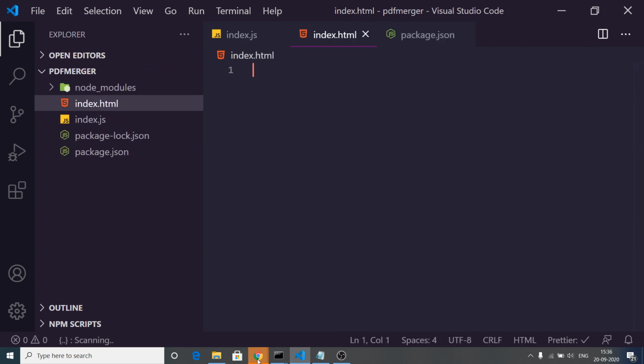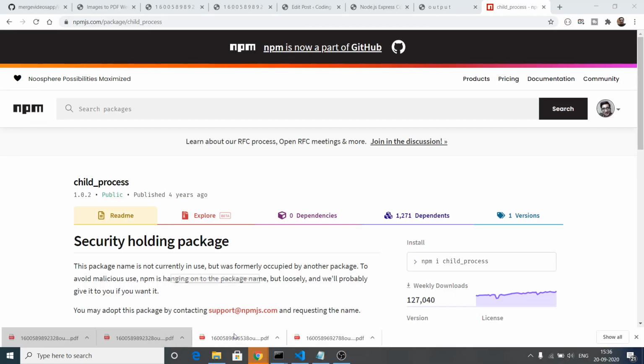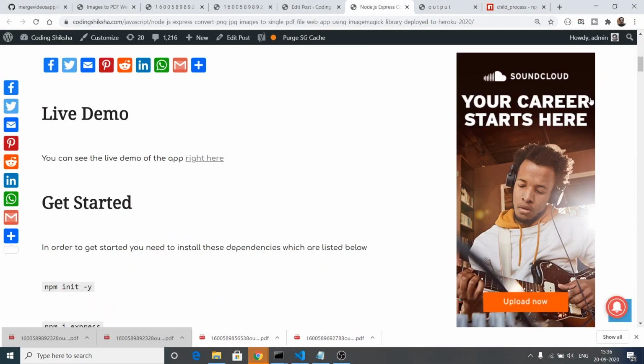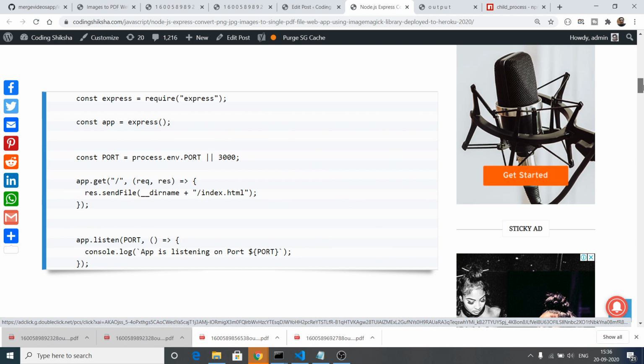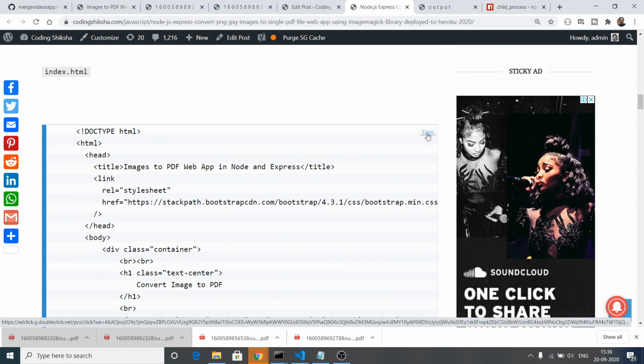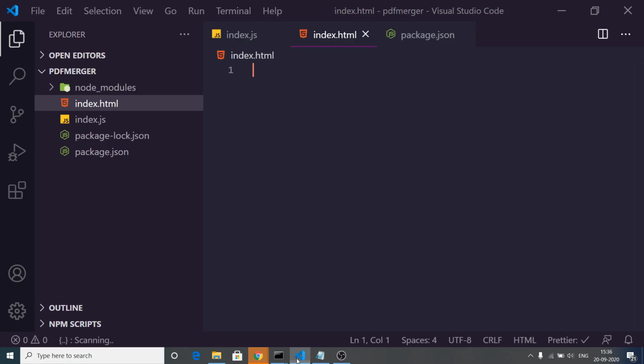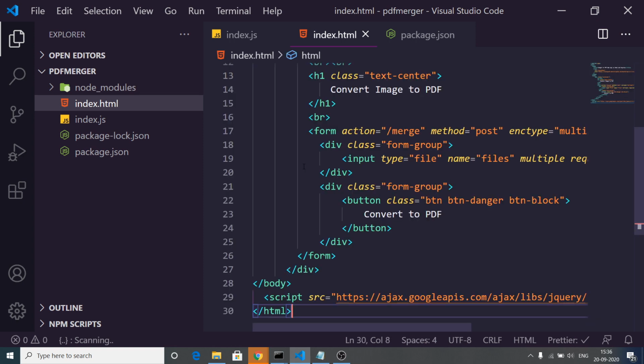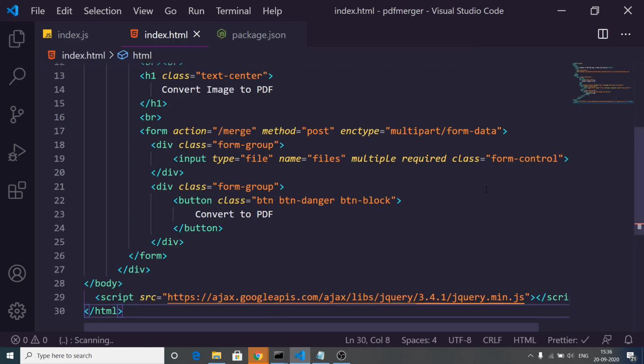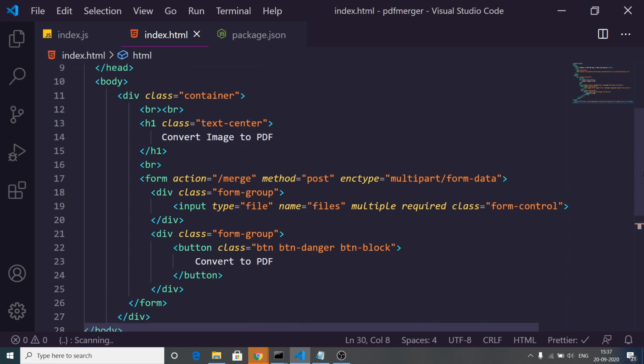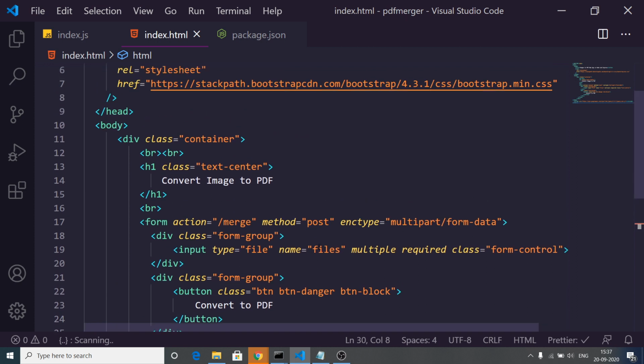Now if you go to my blog, I have given this HTML code. I will not write this code manually because it will make the video long. Simply copy this and paste it here. Basically it has a single input of type file, where we are receiving input from the user. I have given a special name attribute to it so that we can process it inside Express: name is equal to files.